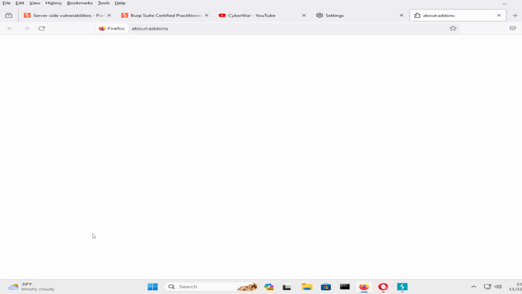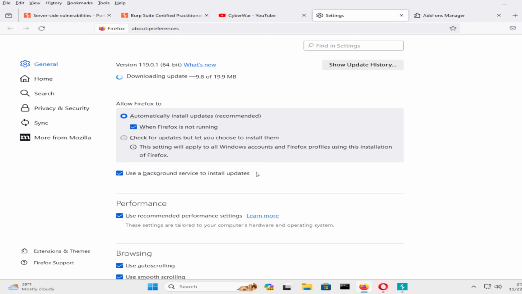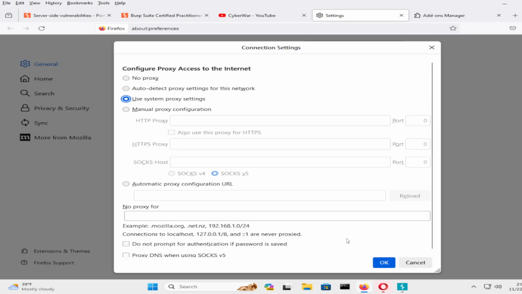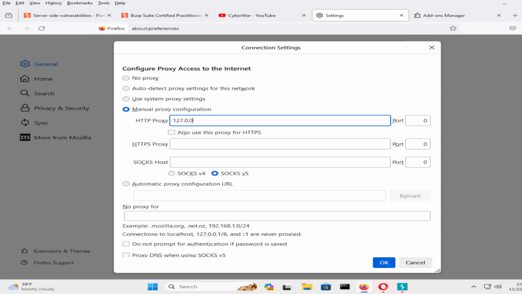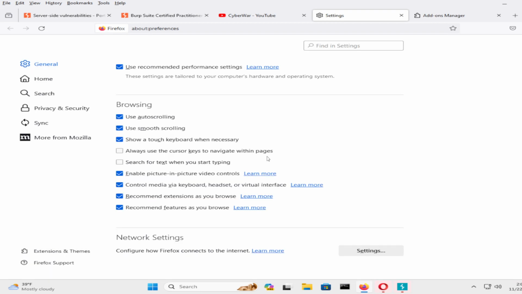In the settings in Firefox, you get to control this here. You would put manual proxy configuration, and you would put 127.0.0.1, and here 8080, and use it for everything, and that would be it. Okay, so now if I try to access a website,